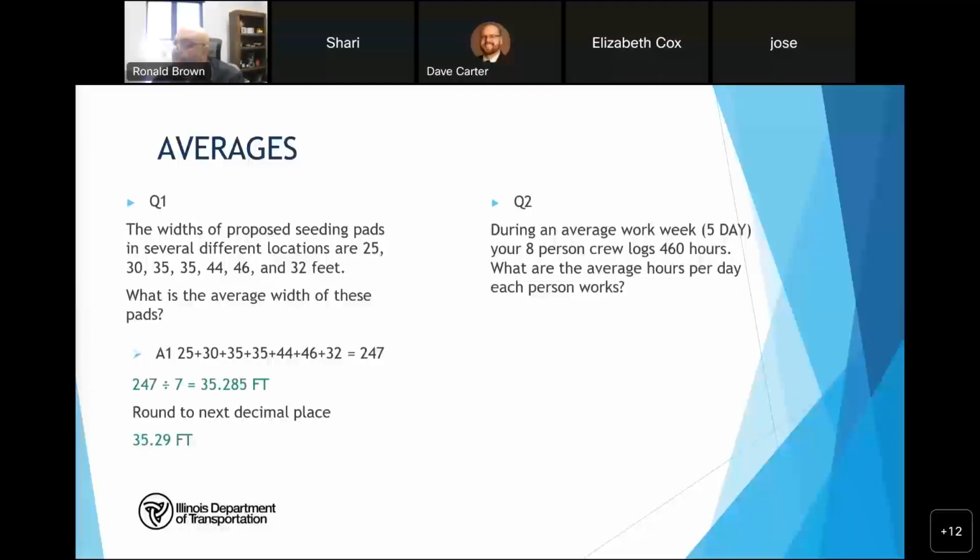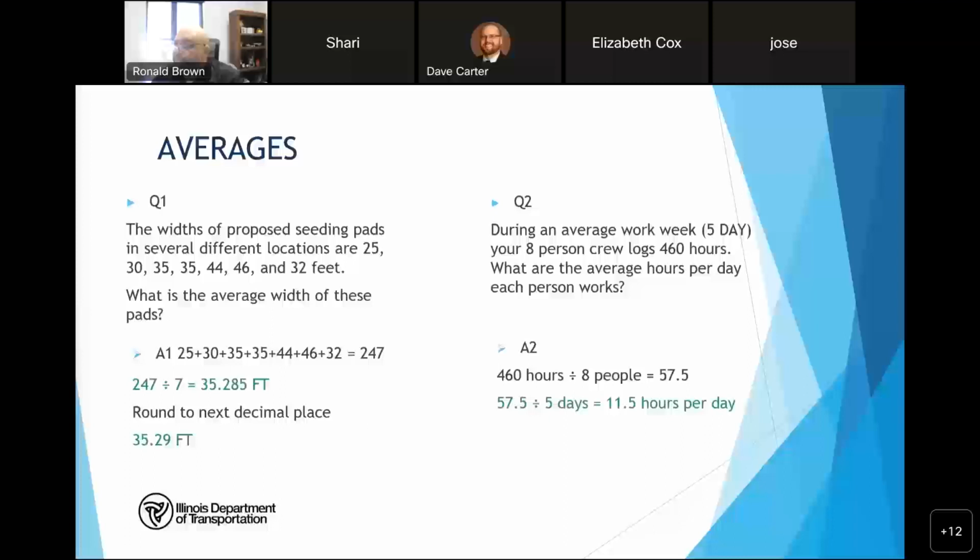In example 2, you have an average work week, which is 5 days. So your 8-person crew logs 460 hours in an average work week. And you want to know the average hours per day that each person works. So you would divide the 460 hours by the 8 people, which is 57.5